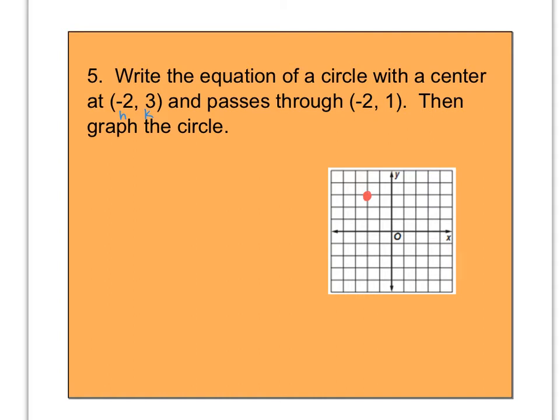Now, the circle passes through -2, 1. So let's put a dot or a point at -2, 1. Okay, that's my blue dot. That's going to be the radius of your circle. If the red dot is the center and the circle actually passes through the blue dot, they are 2 boxes